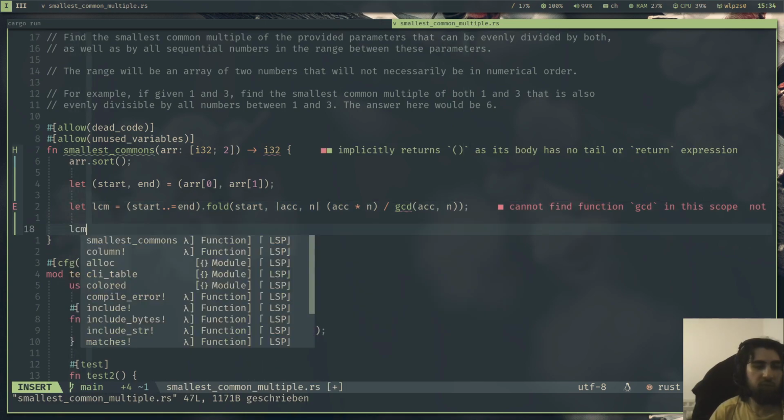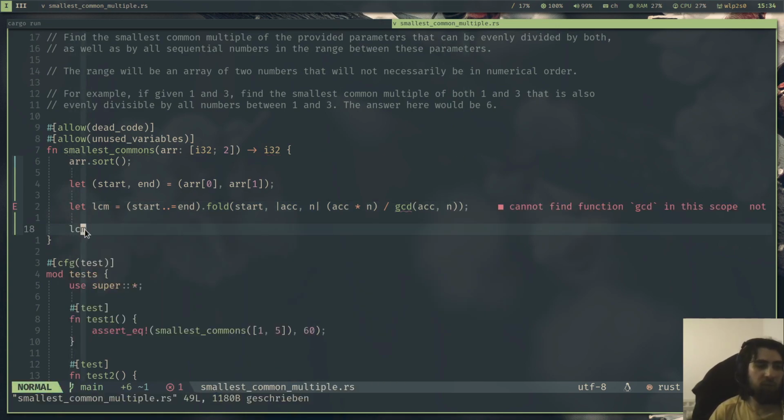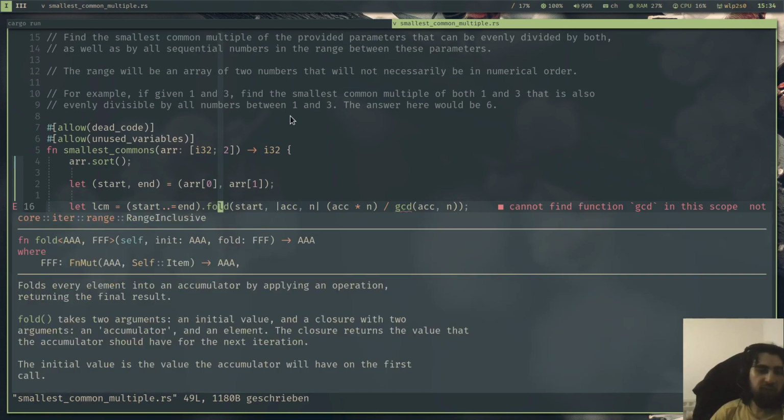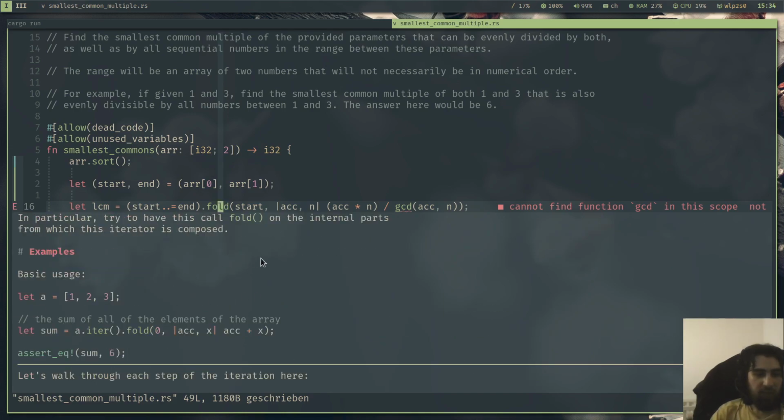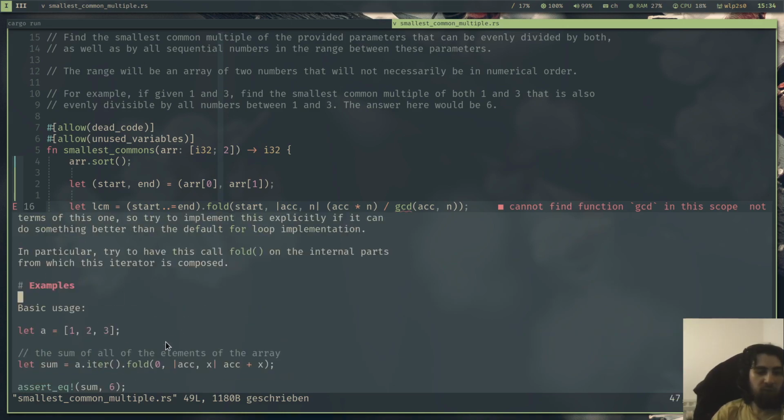Then we just return LCM, the lowest common multiple. Okay, now what is the fold function? If you come from JavaScript, you know the reduce function, so it's basically the same. It's when you have an input of various integers or any other type, and you want to fold them up to only one value. For example, here we have an array, we iterate over it, we fold, we start at